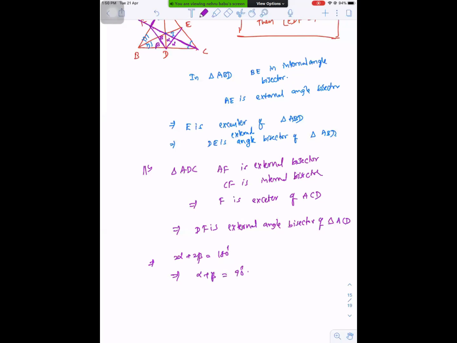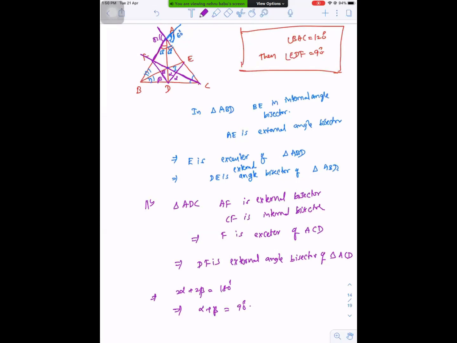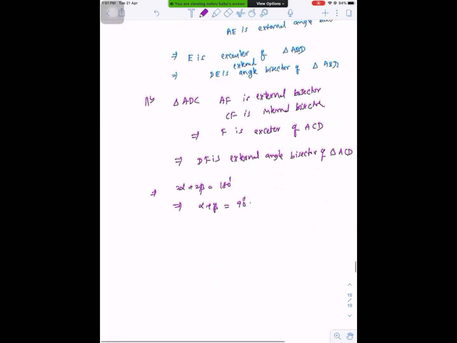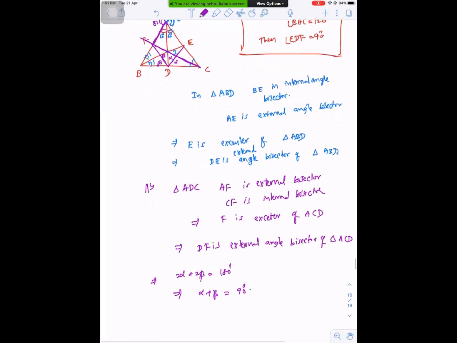Compared with the last time's method, this is the best method. Last time we did the same problem with the help of lengths: I found the DE length, DF length, and EF length. I think I said in your class, I'm thinking, did we discuss this problem? Anyone? Yes, sir, we discussed the same method. Okay. So this is the result related to that angle bisector problem.